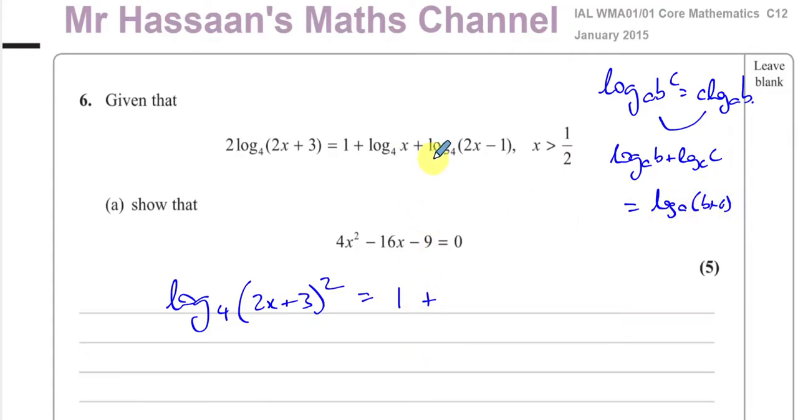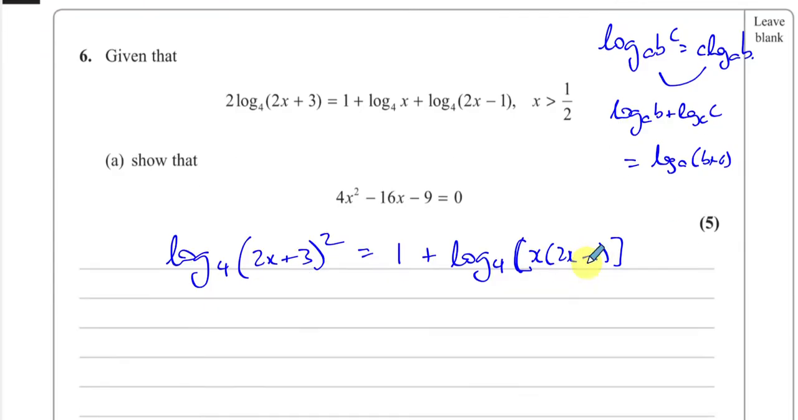So I'm going to write these two together as a product. So log to the base 4 of x times 2x minus 1. Okay, so that's what I've done here. I've multiplied these two together. All right, now what I'm going to do is I'm going to bring the log